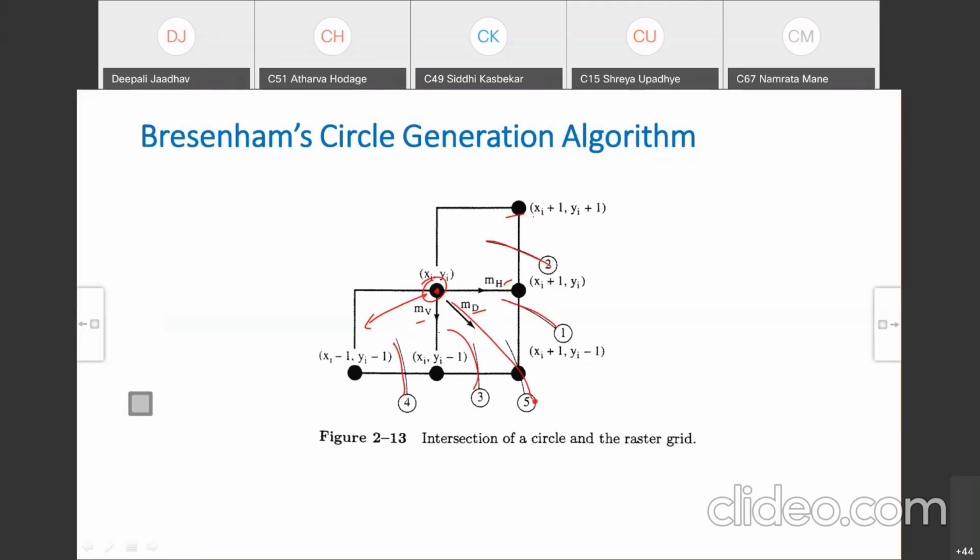Okay. So here it is xi plus 1, yi plus 1. Here only x is increased, y remains as it is. Here x is increased, y is decreased diagonally. Here x remains as it is, y is decreased, and here both are decreased by 1. So these 5 points are important here to select any one of these 3. Actually, we select any one of these 3, but for calculation, these 2 points are also considered.